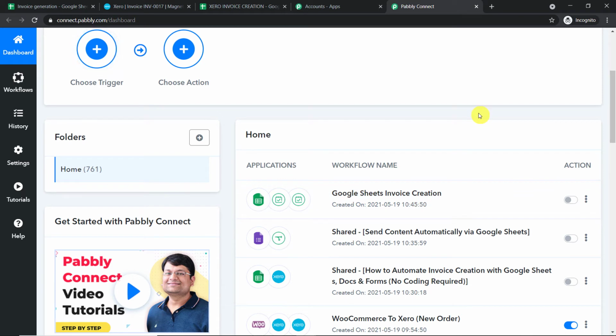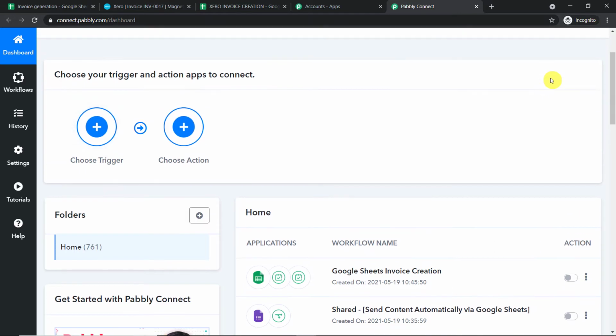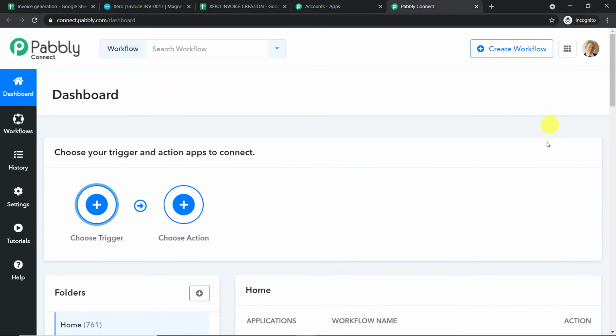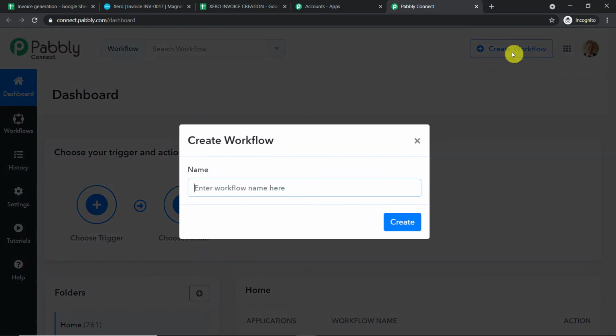So your obvious question is, why are we switching off this workflow? The reason is very simple. Now we have some data in Google Sheet and an invoice is created in Xero. That is the purpose of the workflow. Now if you create two workflows, that is the old workflow and the new workflow, there will be the problem of duplication of result. Basically, the same data will be repeated twice in Xero. Two invoices will be created for the same data in Google Sheet. So to avoid duplication of result, I have switched off this workflow. It is actually none of your concern because we are going to start from scratch by clicking on create workflow.